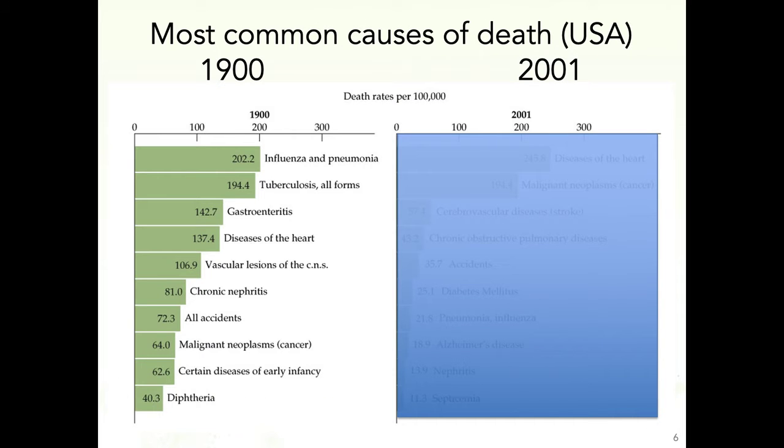Where did the biomedical model fail? If we look at the most common causes of death in the US in the year 1900, and this will be true in the developed economies of Western Europe as well, we see that in 1900, the top causes of death in adults are influenza, pneumonia, and tuberculosis, which are both infectious disease categories. Now, if we fast forward to what's killing U.S. residents now,